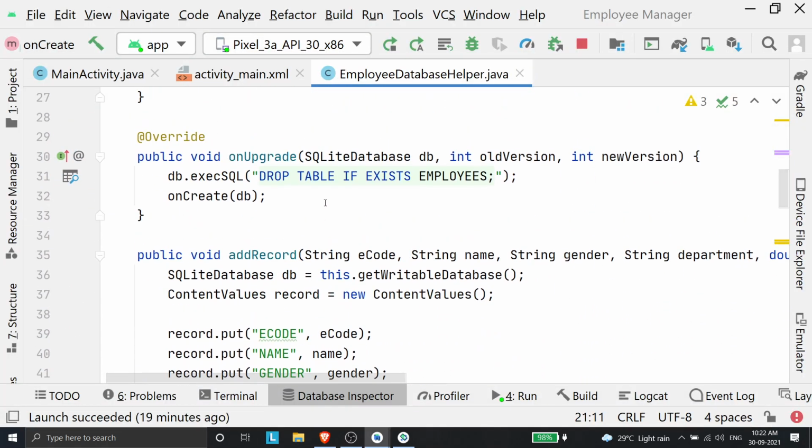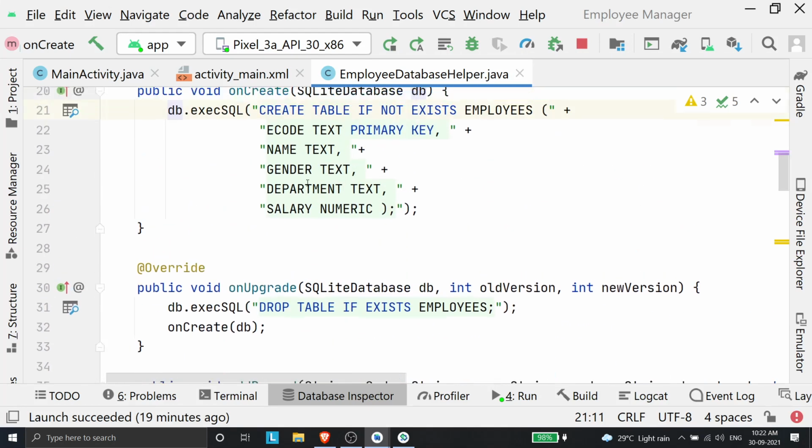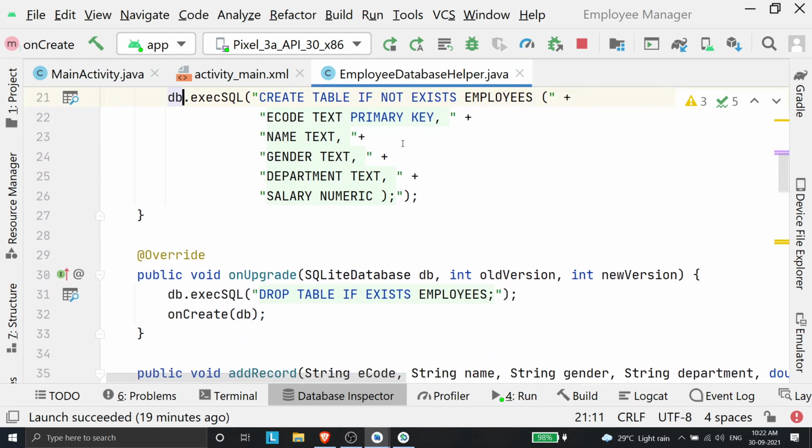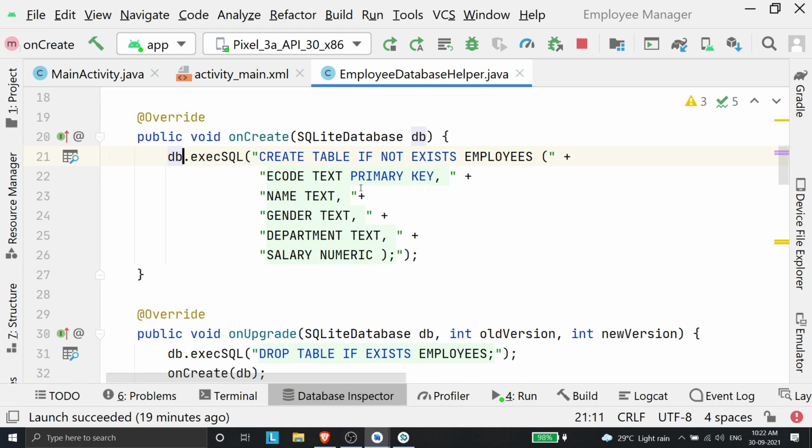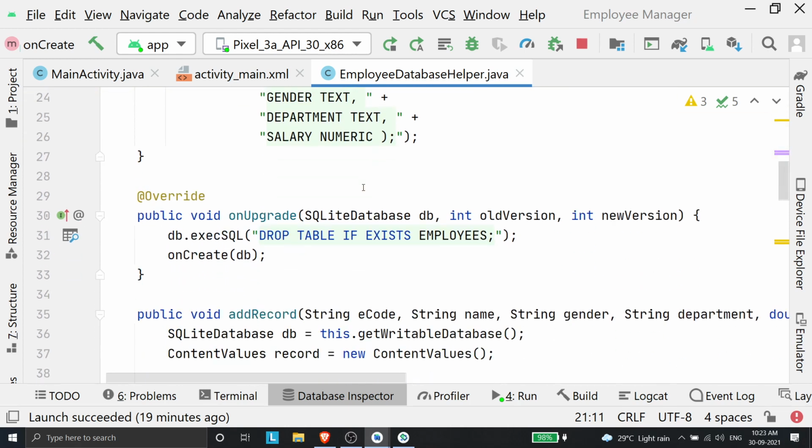On upgrade, if there's already a table that's existing, you need to drop the existing table and just call the old method. You just drop the existing table and create the new table. Basically, this onUpgrade function is not much use to us because we have only one version of the app. This helps us because, let's say you have installed your app, like the employee manager app is installed. Now if a user has installed it and is doing some work with it, he'll already have the database, right? So now if I'm releasing a new update to my software, the database instance will already be existing. I should not be creating the table from scratch because it's already there.